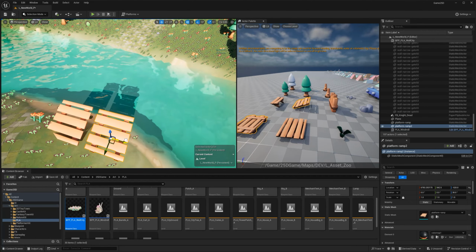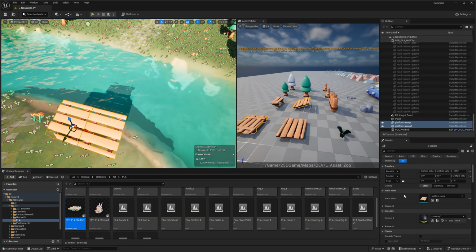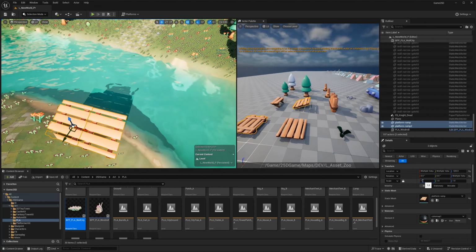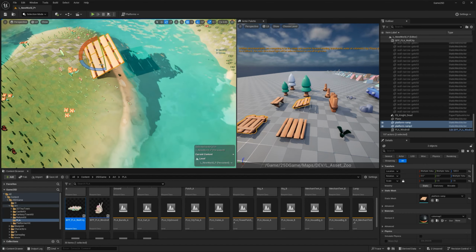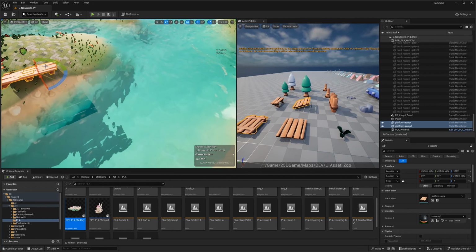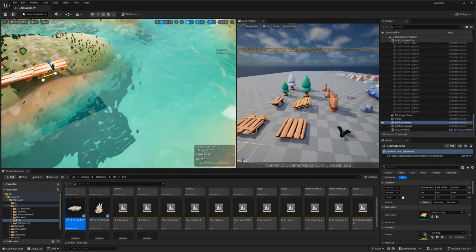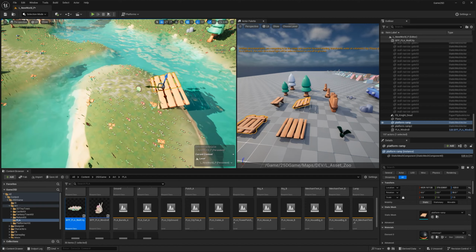I'm going to alt click and drag to the one beside it, and I'm also going to change both scale for this to 1.5, so it's like a big bridge. I think that's going to be easier for us. I'm going to make the rotation, even though it's not going to align to the other side. I'm going to make this into a pack level actor so we can add another one somewhere else.